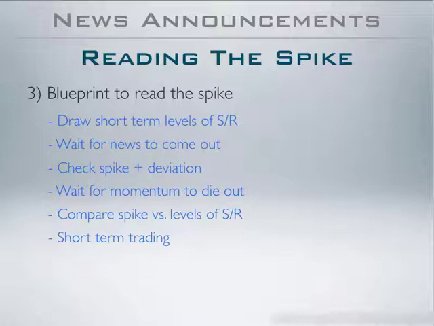Okay, first of all, we are to draw the short-term levels of support and resistance on all those currency pairs related to the currency the news announcement is scheduled for. For example, we've just seen in the previous case example the unemployment data coming from the United States, correct? Well, then we will draw those short-term levels of support and resistance for any American dollar currency pair or currency cross, such as the euro against the American dollar, the sterling pound against the American dollar, the American dollar against the Swiss franc, the American dollar against the Japanese yen, etc., etc.